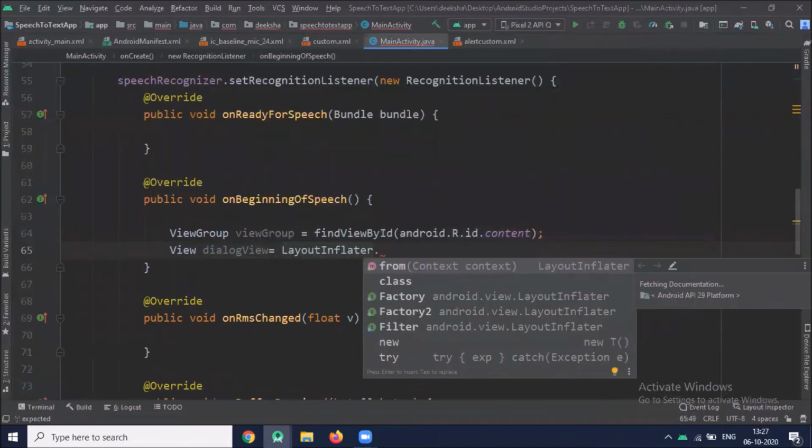Here we inflate our alert_custom layout.